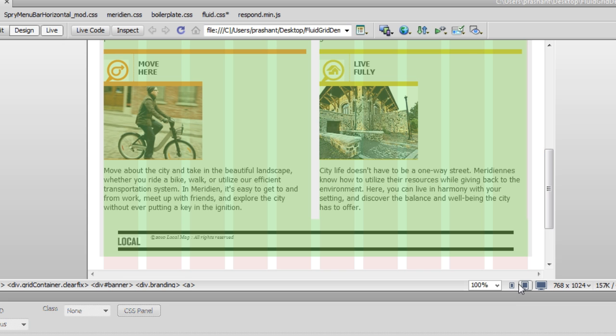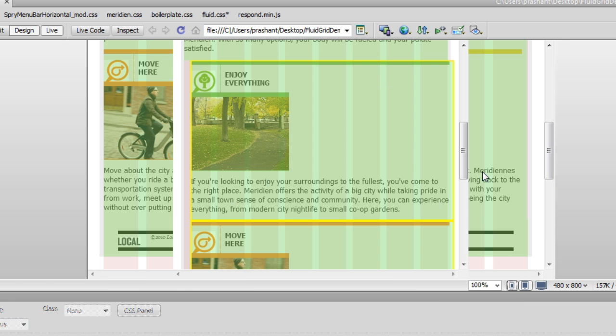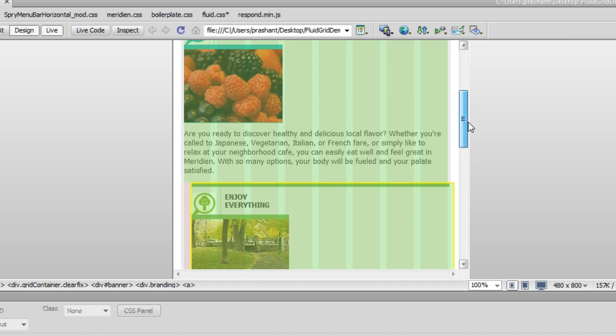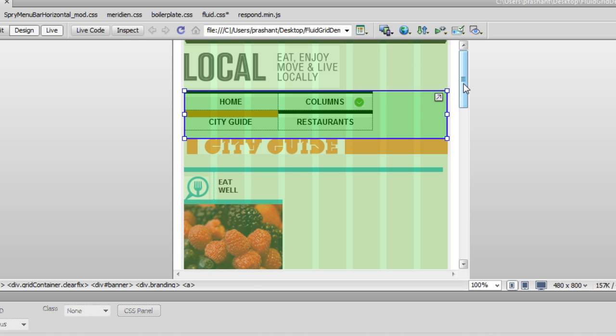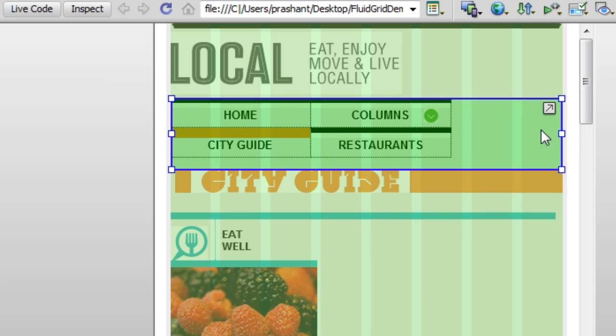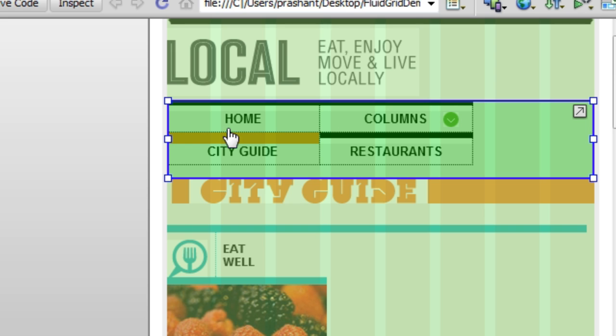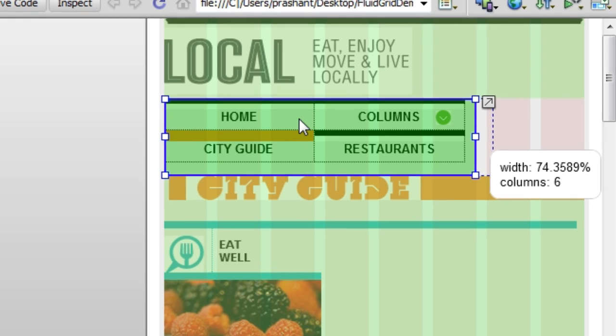Now let's switch to the mobile mode and see what can we customize here. I would want all these menus to be on the same column, so I'm going to reduce the size of these boxes in the handles,